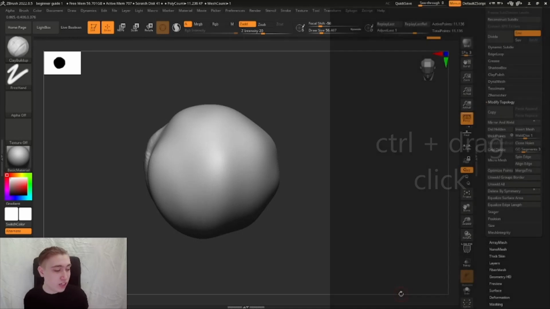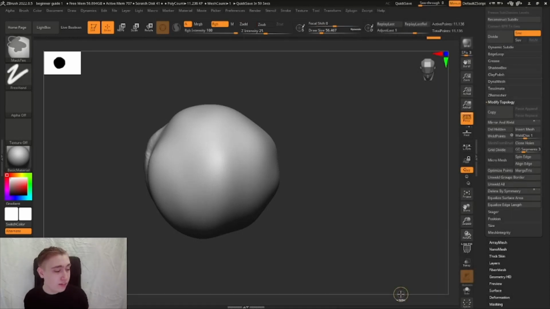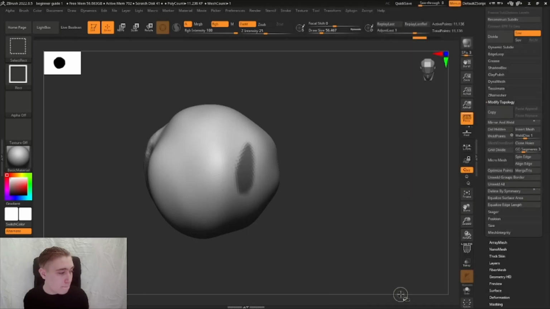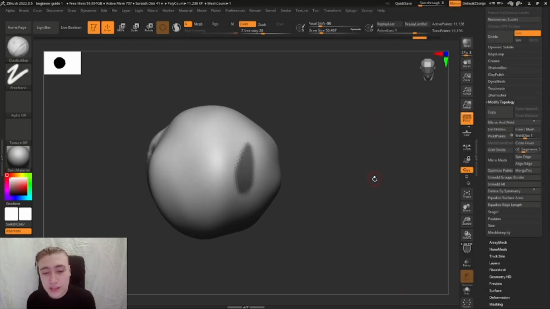And now I'm just gonna undo that because I want the mask to be left. So Control Z. And to go forward one step, Control Shift Z. As you can see, like so. Alright, now we're gonna have,